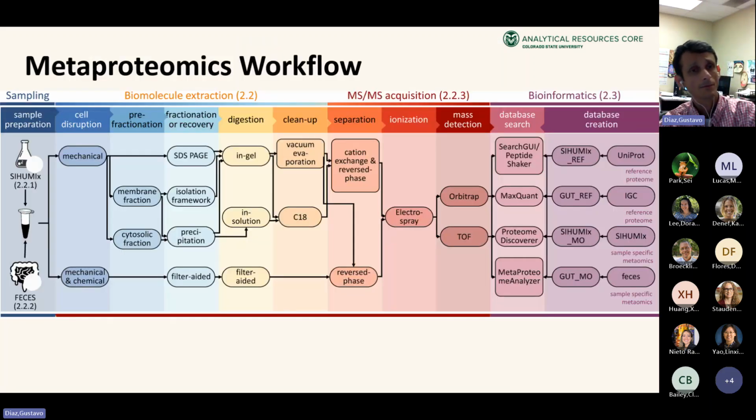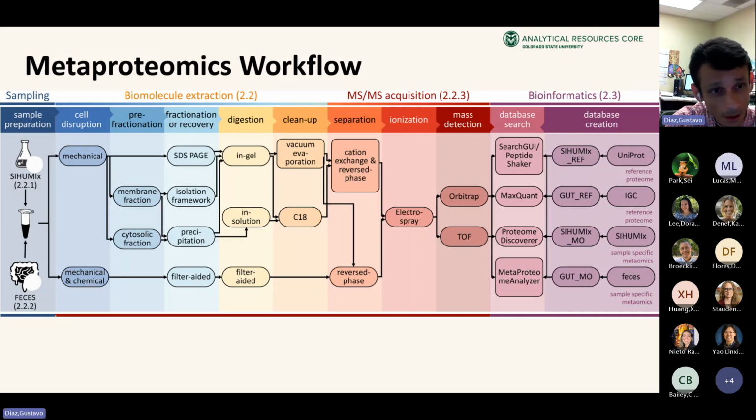If you want to see a little bit more detail, I just want to highlight that, for example, in the blue part related to sample processing and protein extraction, when we are dealing with metaproteomes or microbiomes, it is really key to take into account that we have gram-positive bacteria, gram-negative bacteria, fungi, and in the case of soil, humic compounds, and all of that is going to cause problems and challenges for the analysis.